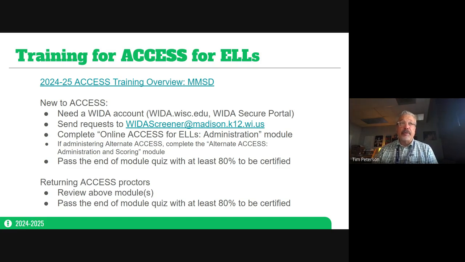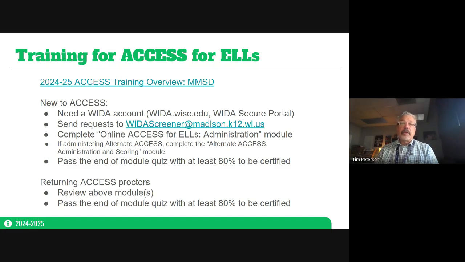The modules, if you've never done it before, you definitely need to go through the different modules. And if you're doing the alternate access, that also goes through a training process.